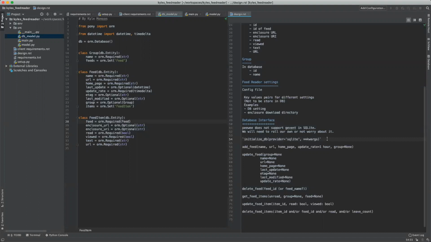The next is I noticed that we need to put some additional indexes into our database. Now, if you're not familiar with database management, an index is an additional piece of information about a column in a database table. And what this information does is it allows the database to sort on that column more easily. So what are we going to sort on? Well, typically when you are looking at your feeds, you're looking at them in the order that they came in,